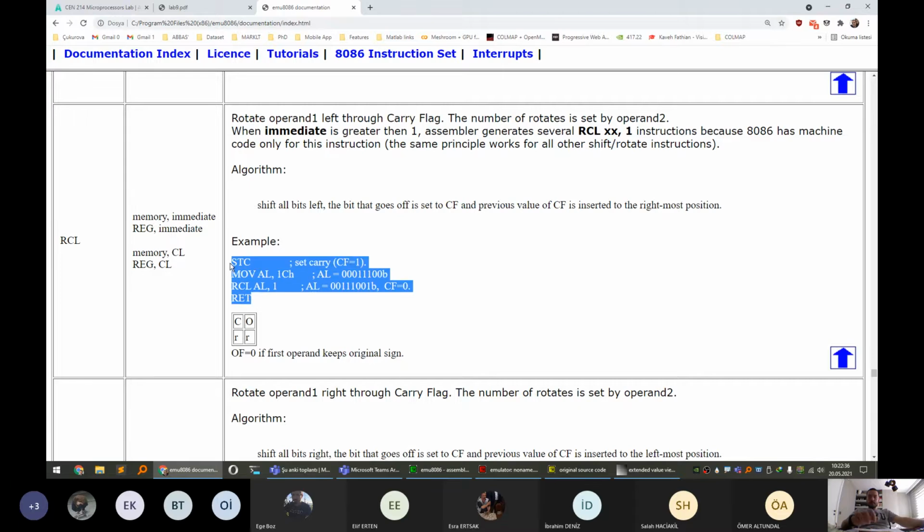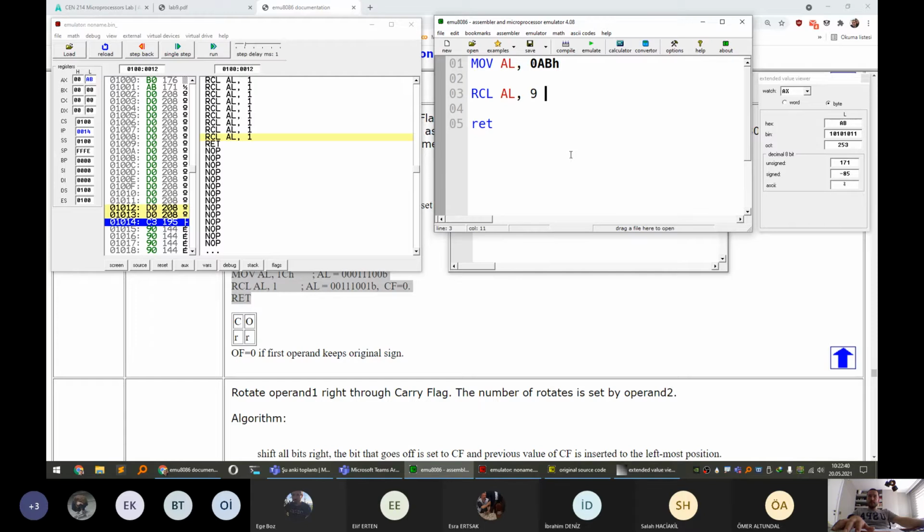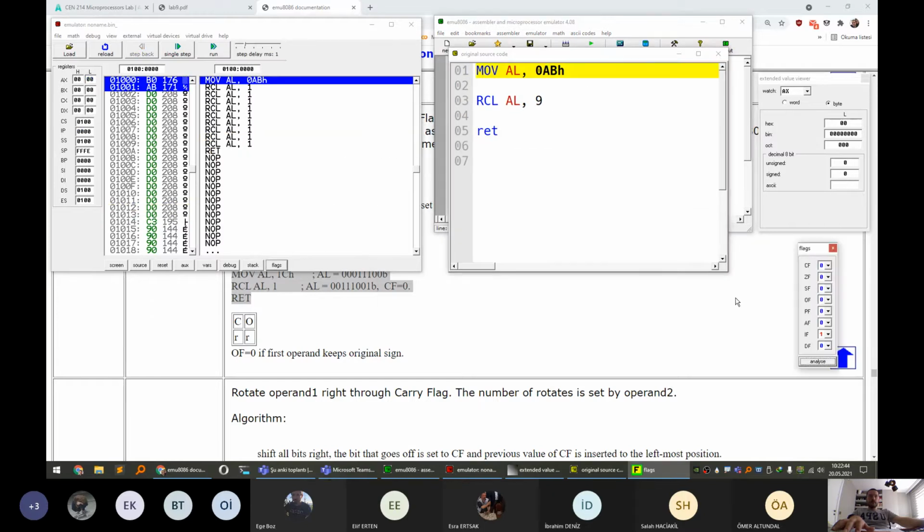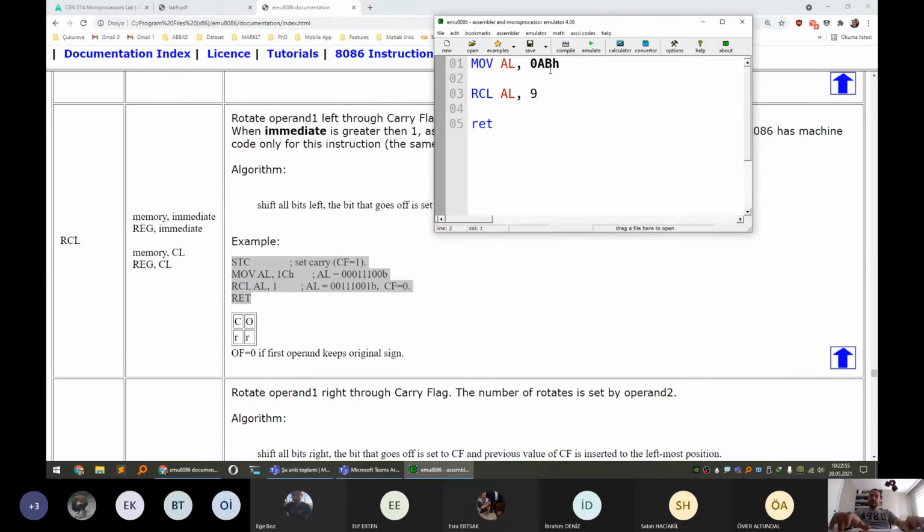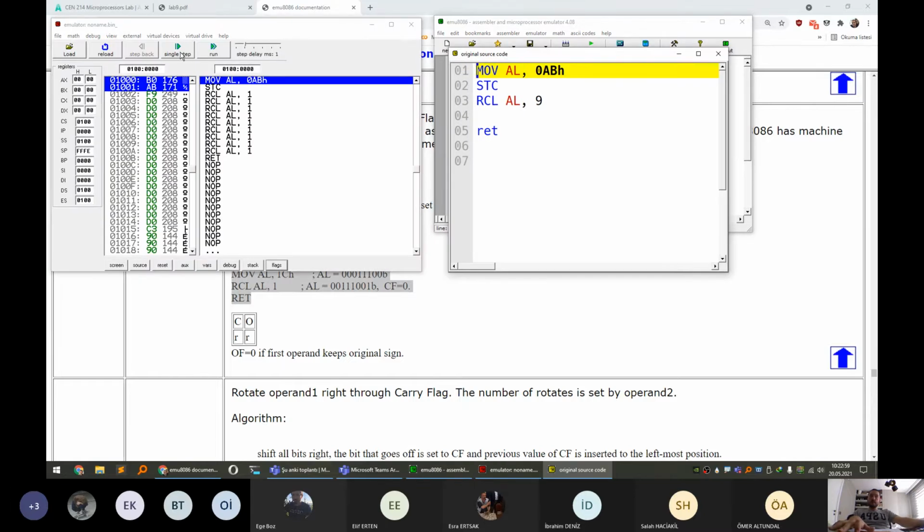It gives some example, but this time it sets the carry flag. For example, in our example, we start with a carry flag 0. That's why 9 rotation will result in the same result. But for example, if I say set carry flag and rotate 9 times,